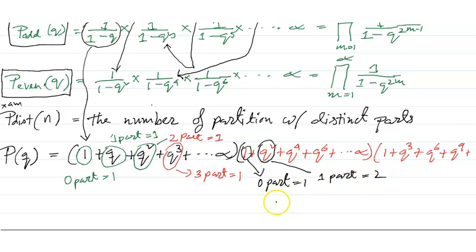Sorry, this is the 0 part equals to 2, and this portion is 2 part equals to 2, and this portion is 3 part equals to